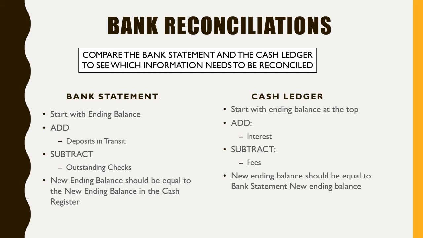And then, of course, you're going to calculate all of that to get your new ending balance, all right? And then when we look at our cash ledger side, we need to consider what our ending balance was that we wrote in our books. We're going to add any interest or any automated clearinghouse, anything that increases your money flow in your bank, because as accountants, we're not going to know what the bank collected for us. We need to update our books with that information, okay?